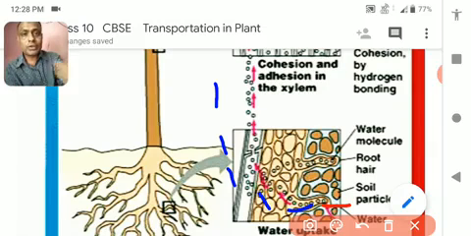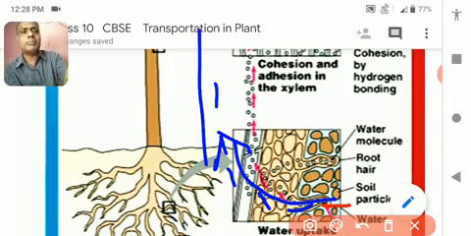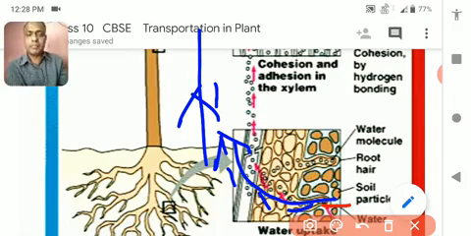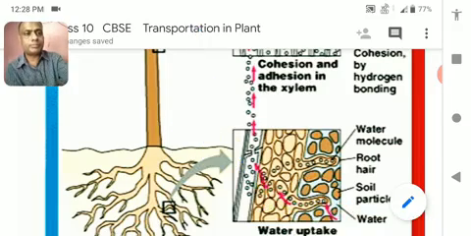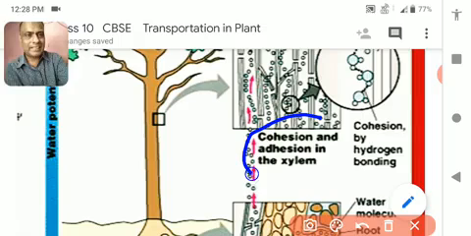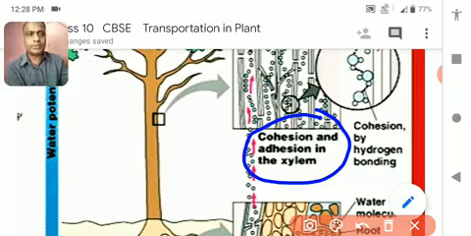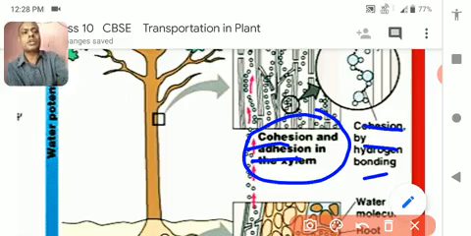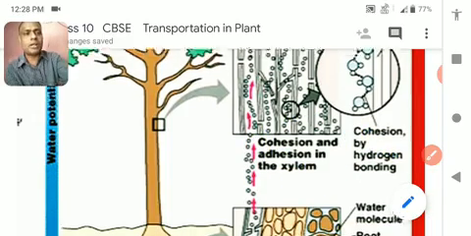So osmosis, diffusion of water, all forces are applied over here, and root pressure also, which draws the water and makes a column through the xylem, which moves the water and minerals through the xylem column. See, there is another force, which I have not taught you yet. Cohesive and adhesive force is also important, which helps to draw the water through the xylem column.